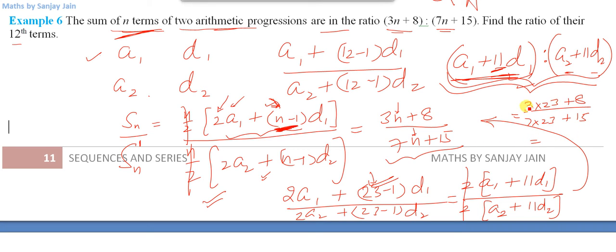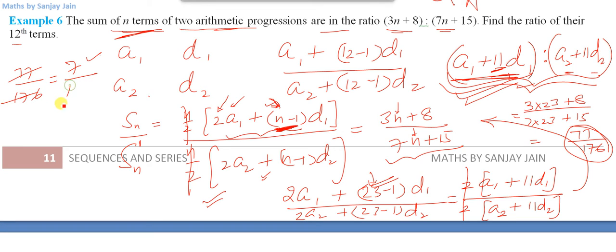It will be equal to 23 into 3 is 69, 69 plus 8 is 77, and 23 into 7 is 7 3s are 21, 2 7s are 14, 161, plus 15 is 176. So it will be 176 here. This will be the required ratio of their 12th terms, right? 77 by 176. You can simplify it further by cancelling it with 11. So 11 sevens are 77, 11 ones are 11, and then 11 into 16 is 176. So 7 by 16 is your final answer.